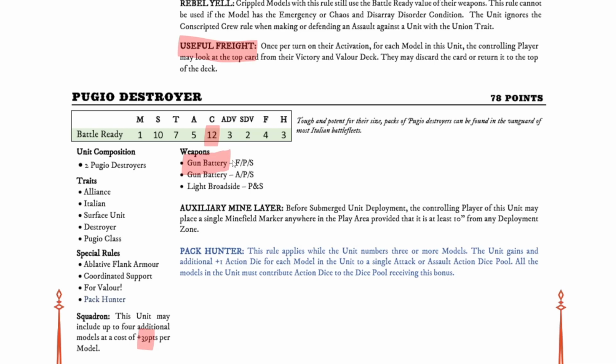You get 2 gun batteries, which, with the new stats, definitely not that bad. Remember, that can kick out quite a lot of damage, and they can be fielded into units of 6, so that can stack up quite quickly. On top of that, they have the Pack Hunter rule, meaning if you have 3 or more models, you can use this rule. The unit gains an additional +1 action die for each model in the unit, contributing to a single attack or an assault action dice pool. All the models in the unit must contribute an action dice to the dice pool receiving this bonus. So in other words, you can just have everything piled together in one massive attack,